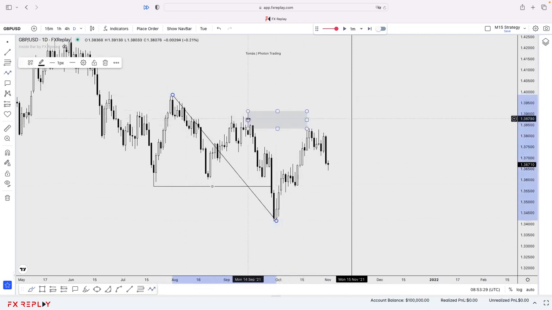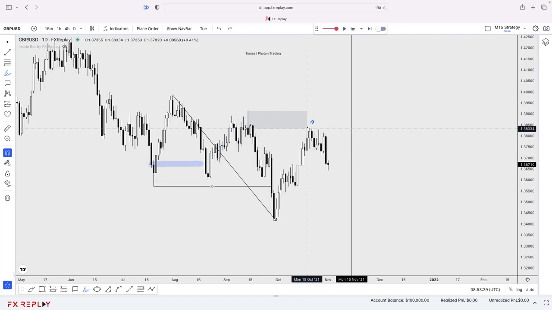The most high probability POI is this one. Why? Because you can argue that this is a flip. Price pushed here, pushed down, swept liquidity. Okay, so it's a flip, it's swept liquidity, and it's at premium. Extremely clear, which means that the objective of this pullback up